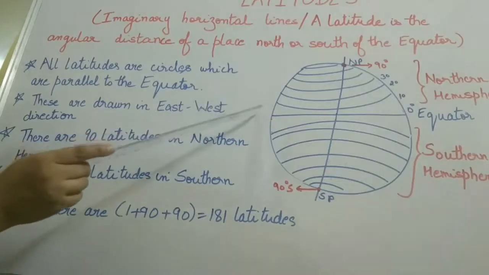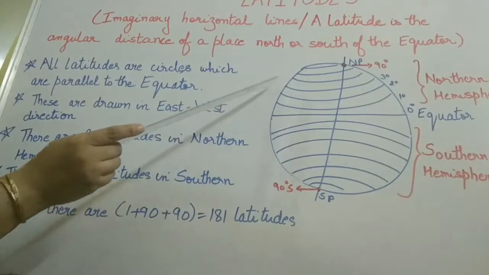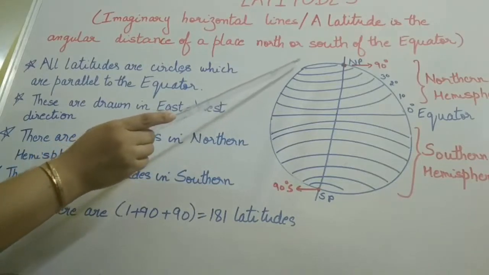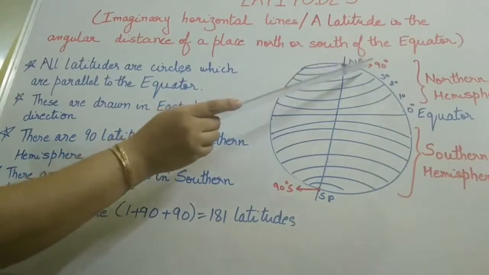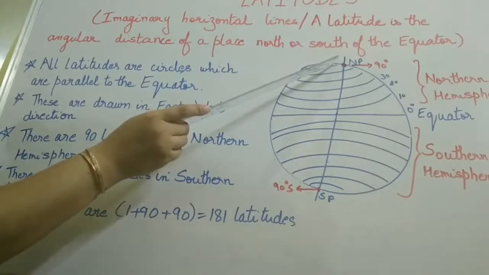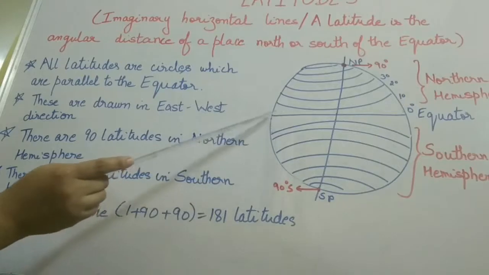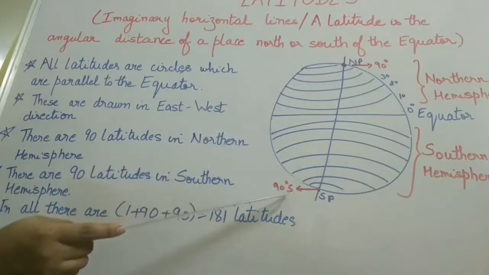Now let us see how they are numbered. Since there are 90 latitudes, they are numbered like 1 degree, 2 degree, 3 degree, 4 degree, and we keep on numbering like this till we reach the North Pole, where the numbering is 90 degree, and the North Pole is just a point on the top. Now over here also you can see the numbering is the same. It goes like 0 degree, 1 degree, 2 degree. We keep on moving till it comes to 90 degree.